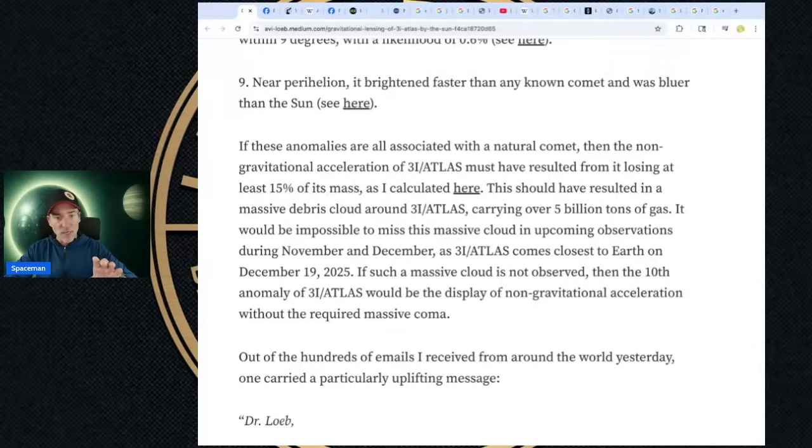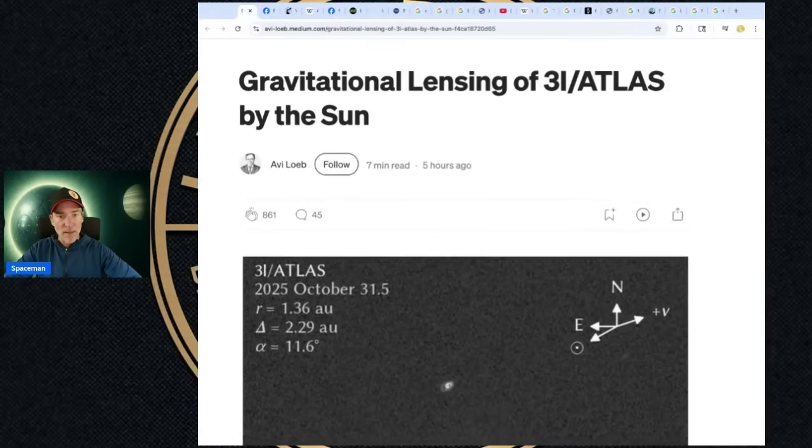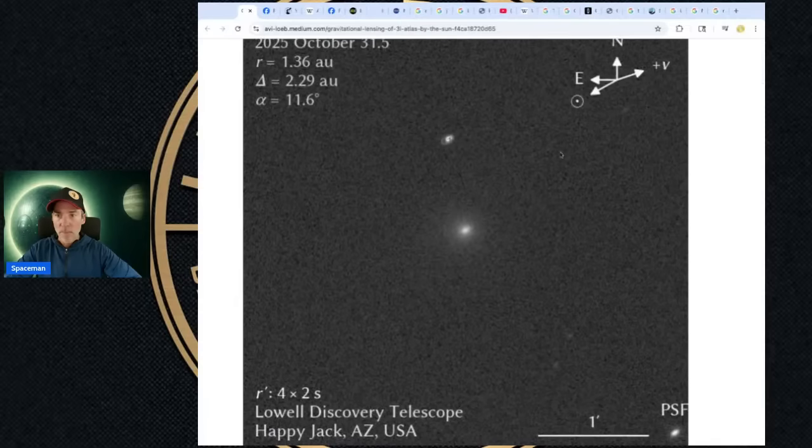This should have resulted in a massive debris cloud around 3i Atlas carrying over 5 billion tons of gas. It would be impossible to miss this massive cloud in upcoming observations during November and December. As 3i Atlas comes closer to Earth, December 19th, if such a massive cloud is not observed, then the 10th anomaly of 3i Atlas would be the display of non-gravitational acceleration without the required massive coma. Wow. Gravitational lensing of 3i Atlas by the sun. Professor Loeb on his Medium page. So this is the object right here. And I think that's